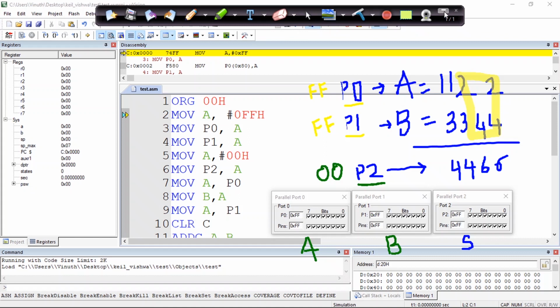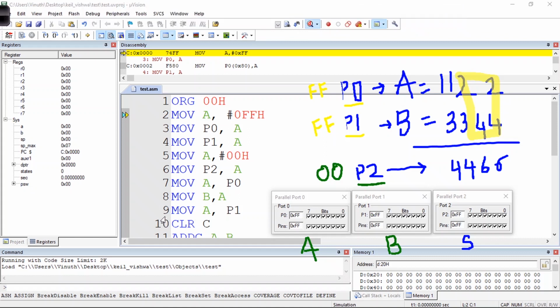So let us see how we are performing the operation. As of now all these port bits are input ports, they are working as input ports. Let us go through it step by step.